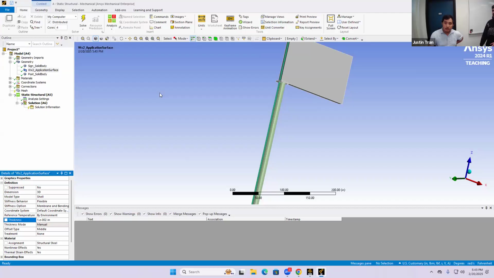Okay, and so you can see after we've assigned a thickness for this, then we now have a green check mark next to that WX2 application surface. And so we're now ready to move on. All right, any questions on the thickness of that surface? Good. All right, so next thing we're going to talk about is the connections between